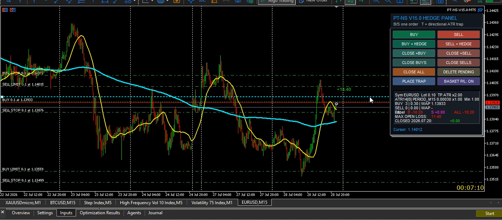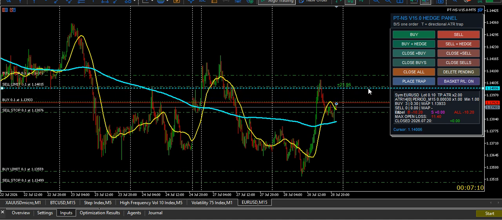I normally put it here by the sell. Okay, right there. So it will go up there and it will close this buy, and then it will do a sell limit, and it's protected by that. And here you can see your profit on the buy and your profit on the sell and your profit on all. And here is the close profit for that period.